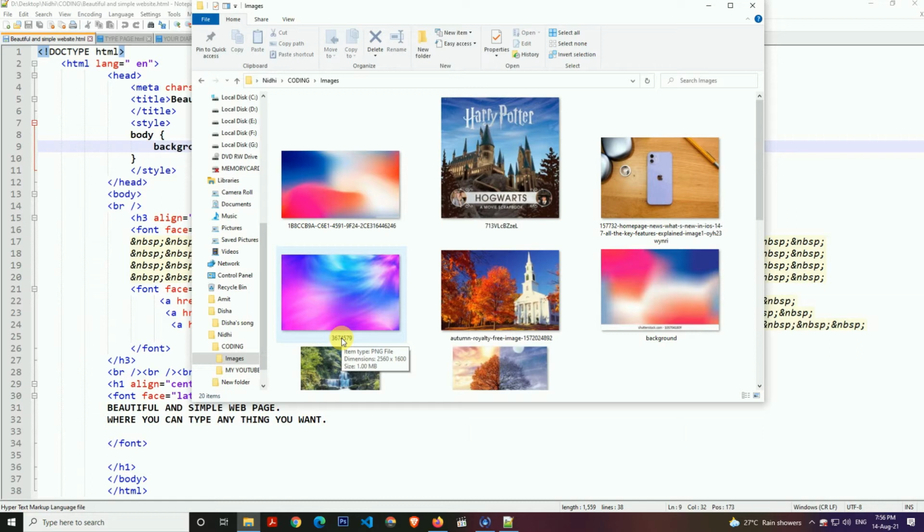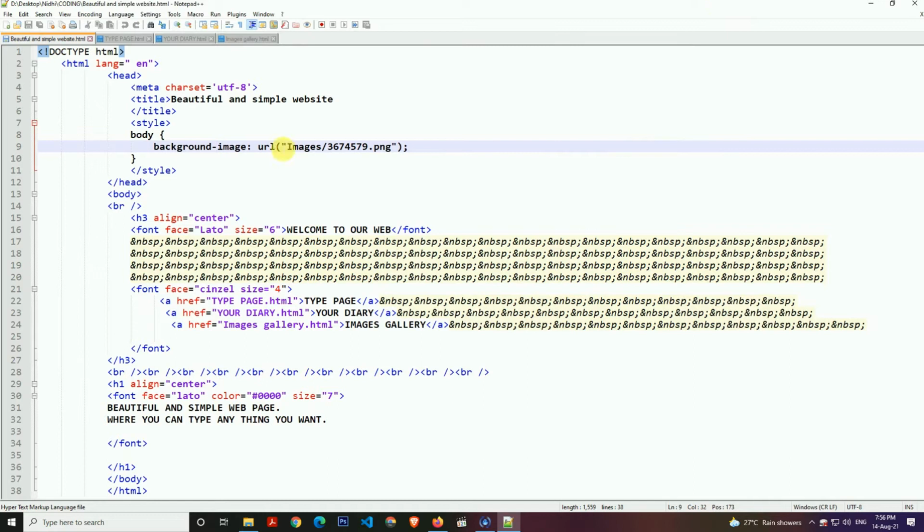the item type is a PNG file. Some of you must be thinking, why did I put PNG, why not JPG? My image type is PNG. If my image type was JPG, I must put JPG over here, and if my type was PNG, I must put PNG.